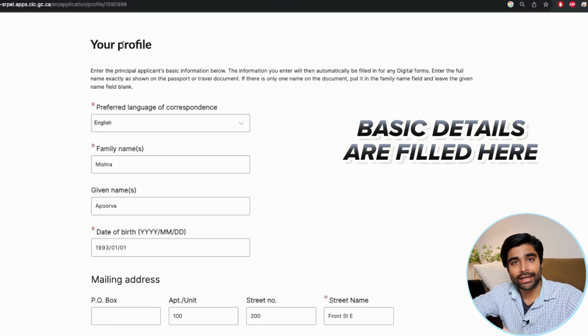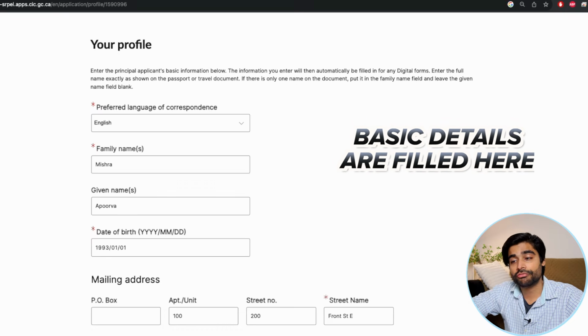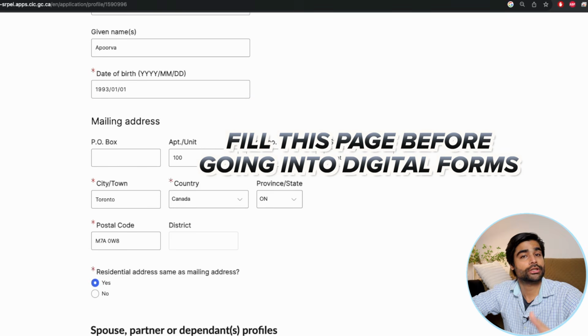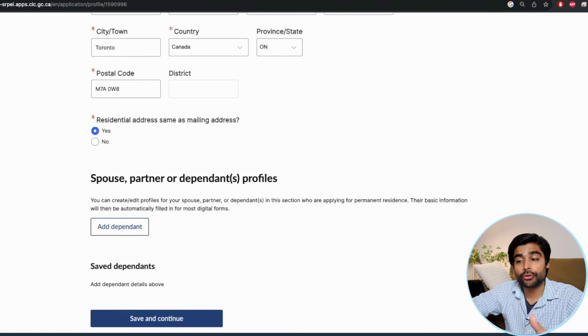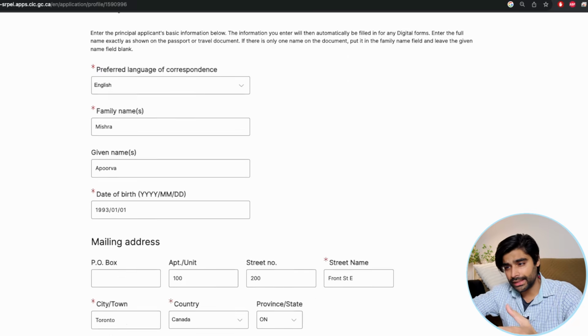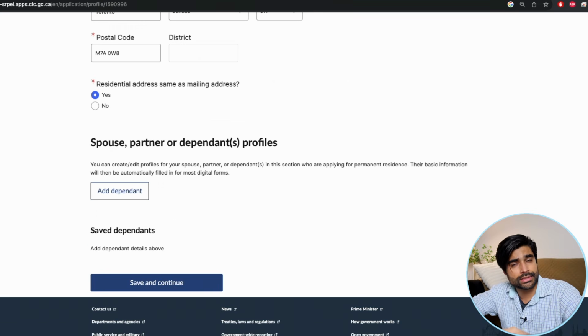Before you even start filling out your digital forms, you will first have to fill out this profile page with your basic information such as your name, date of birth, your address, and information about your dependents. And then this information will show up at specific sections of these digital forms, including 5669. And this profile section, this mailing address, especially this dependent section, can get very confusing when you're starting your application